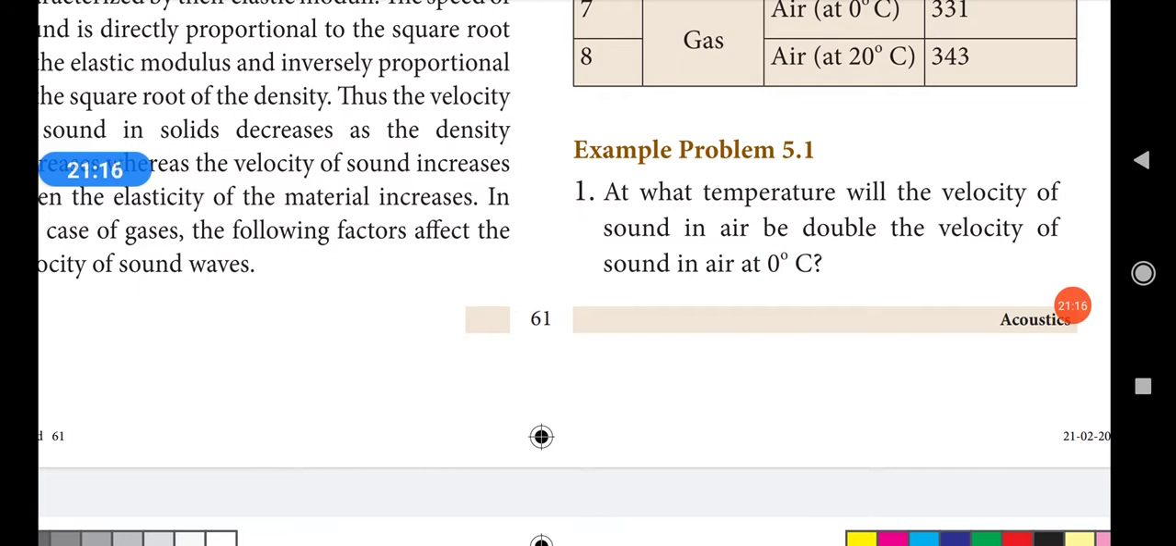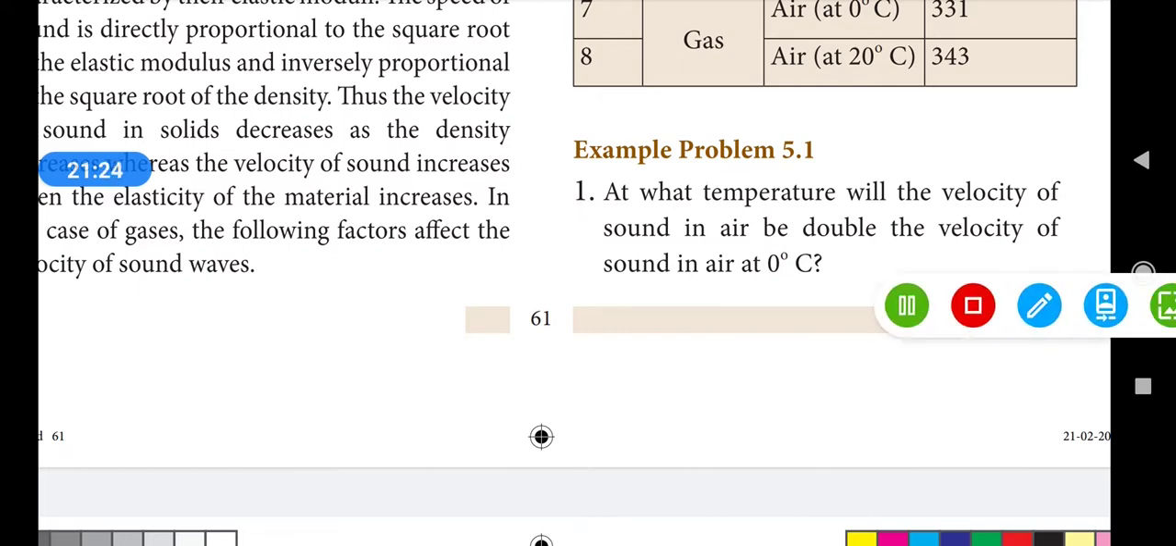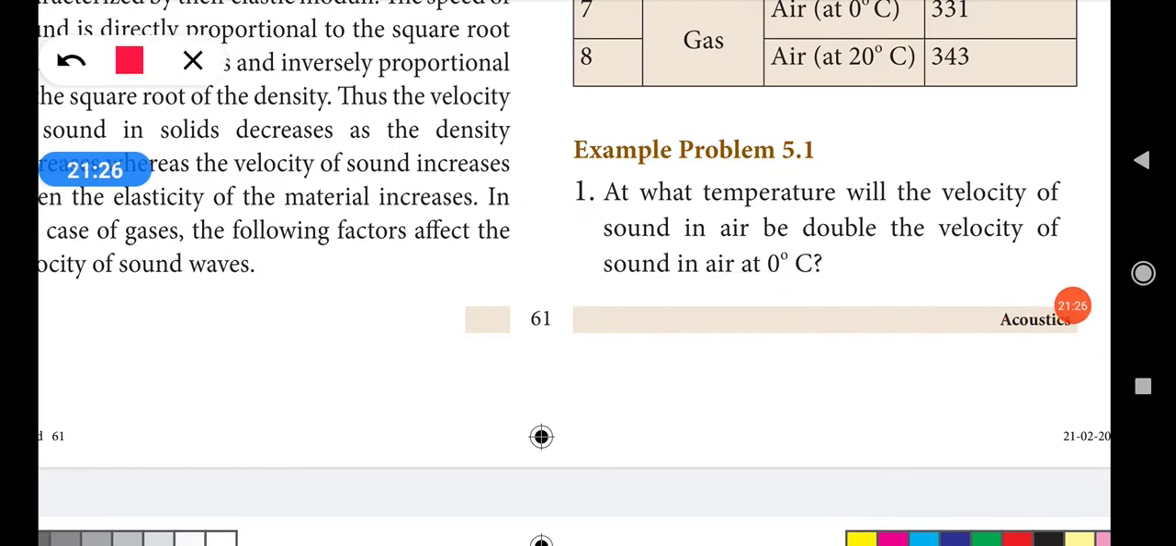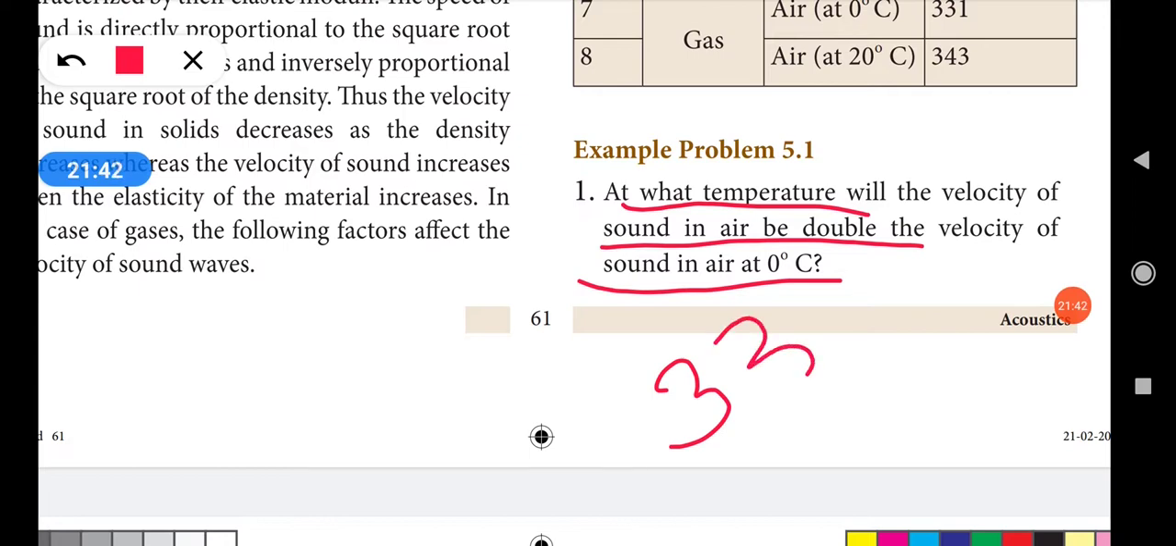So at what temperature will the velocity of sound in air be double the velocity of sound in air at 0 degrees Celsius? Do you understand the question? Okay, what is the velocity of sound in air at 0 degrees Celsius? At 0 degrees Celsius, the velocity of sound in air is 331 meter per second. So what are they asking? So they are asking at what temperature the velocity of the sound will be doubled. That means